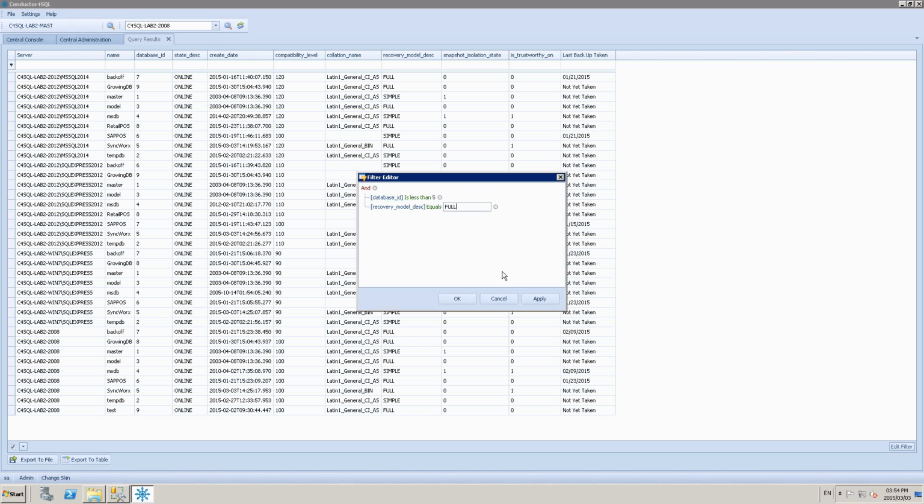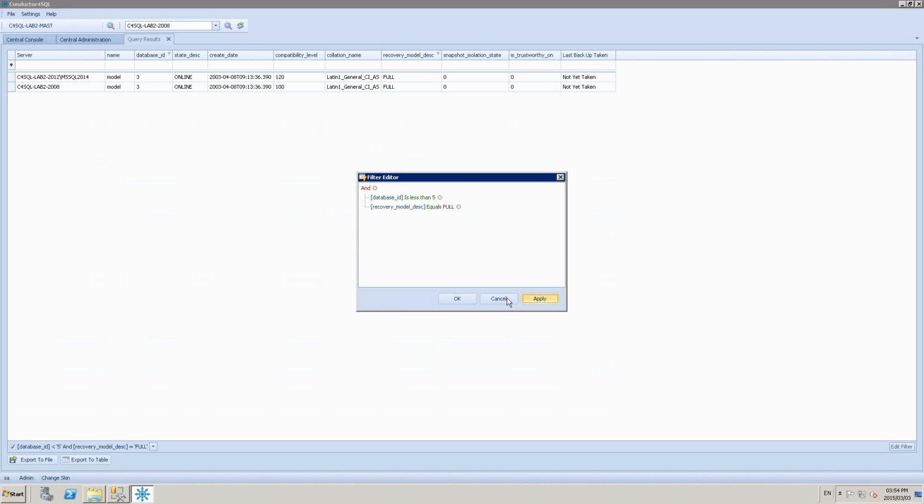And say OK or apply. Straight away, I can see exactly which of my system databases out in my SQL environment are running in full recovery model. And I can see that there's been no backup taken. So this can be any kind of query you can think about. Anything that you as a DBA might want to know across your SQL environment, whether it's configuration settings, any information